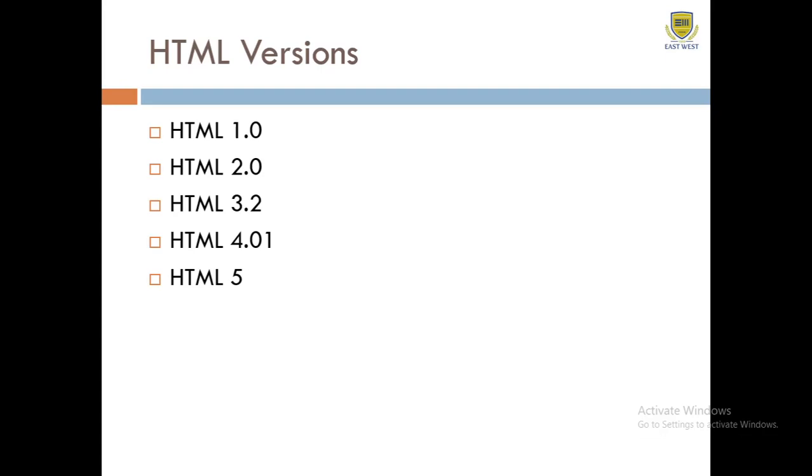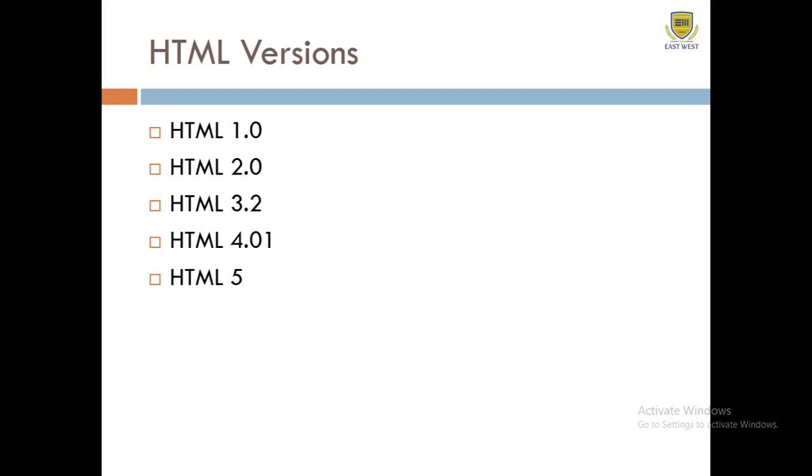The next version was HTML 2.0, which was released in the year 1995, and it was the standard language version of website design. HTML 2.0 was able to support some features like form based file upload, so we were able to create forms, and form elements like text boxes, options, buttons, etc. Don't worry, we will definitely see how to create a form in the upcoming topics once we discuss the form tag.